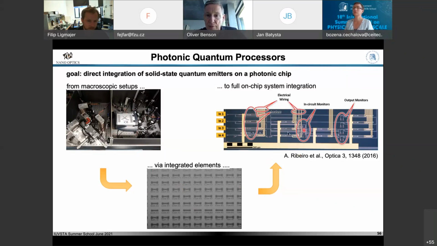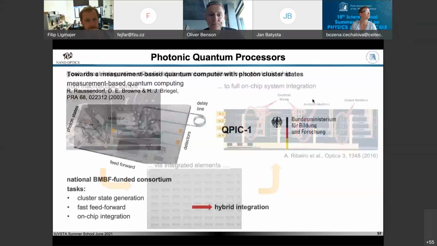And this could be a hybrid platform, as mentioned in the very beginning. So we have maybe some technology for fabricating low loss, nice waveguides, but maybe your sources, if you want to put them on the chip as well, maybe they are of another material. Maybe they are semiconductors, maybe they are diamond sources, and then the detectors. Maybe you have superconducting detectors. They are again another material. So this will be clearly a hybrid integrated platform.